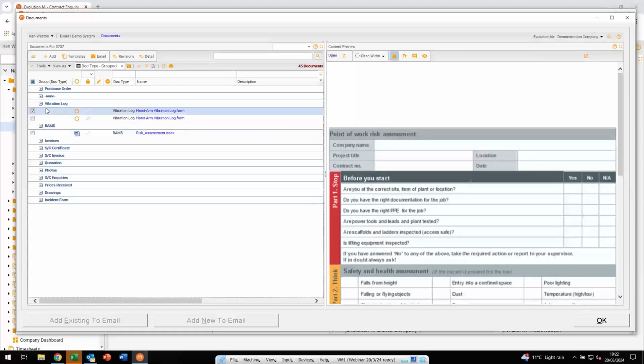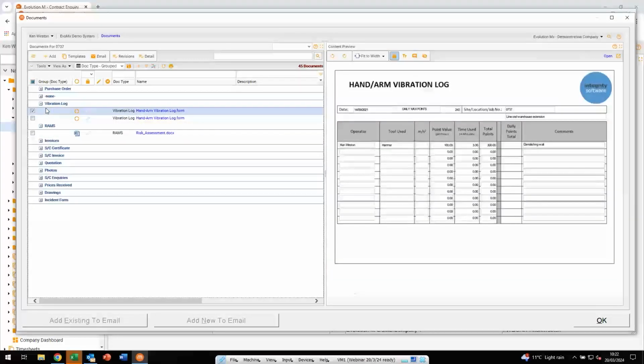We do also have available to Evolution MX a forms module. Again, not the subject of today's session, but we're happy to furnish you with an overview of how that might work. It's designed to work with mobile devices so that people on site can be collecting information onto an agreed template for risk assessment, for example, taking pictures, signatures, collating the information, and then having that sent back to your host Evolution MX system, where it will automatically put it into the relevant folder structure here,